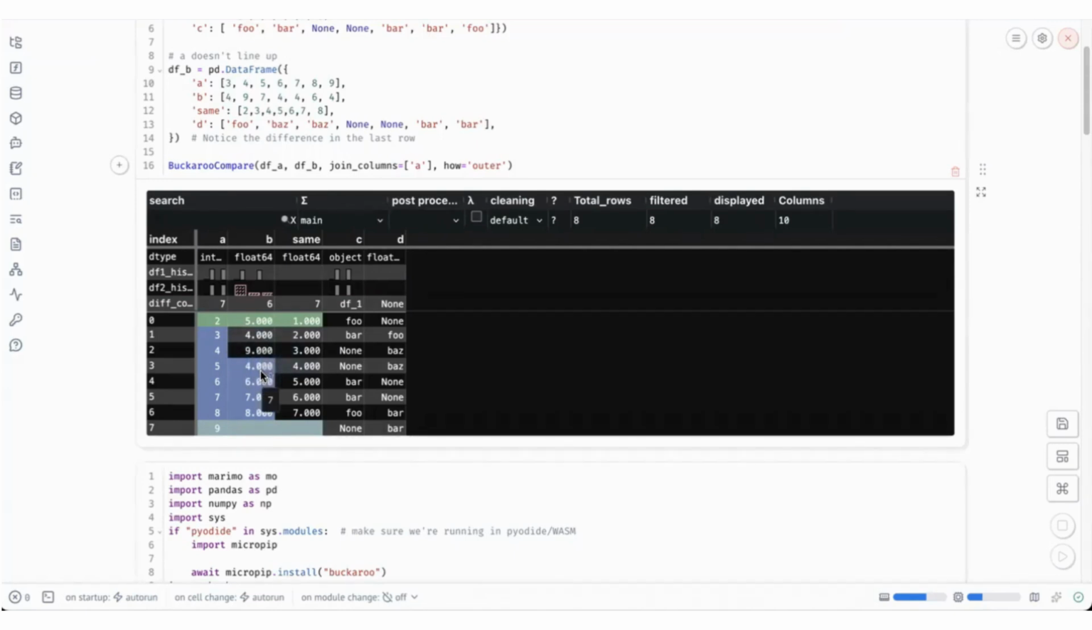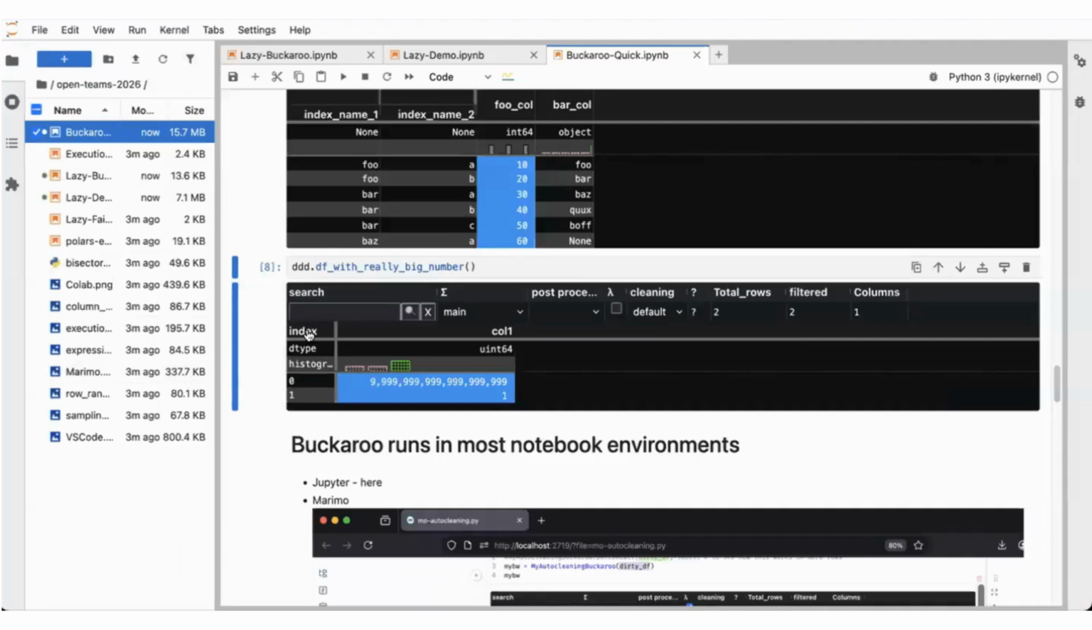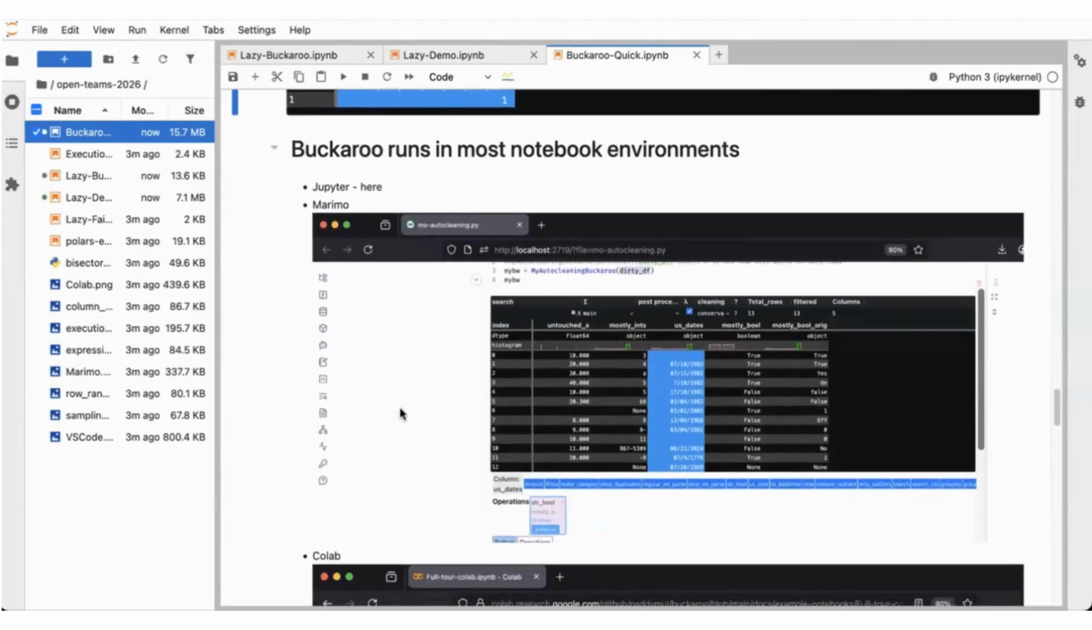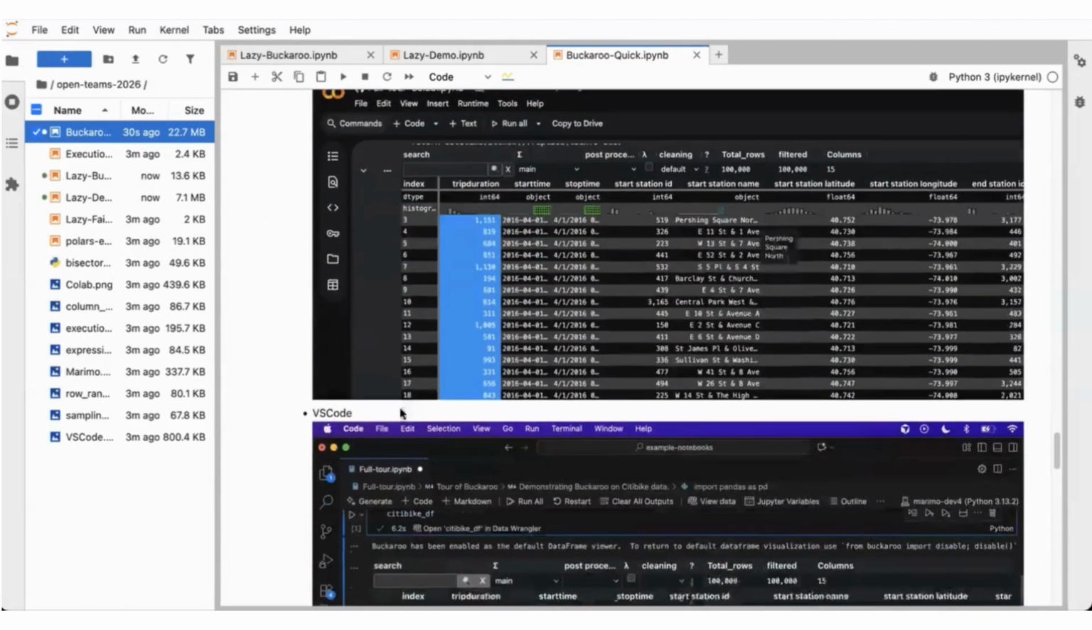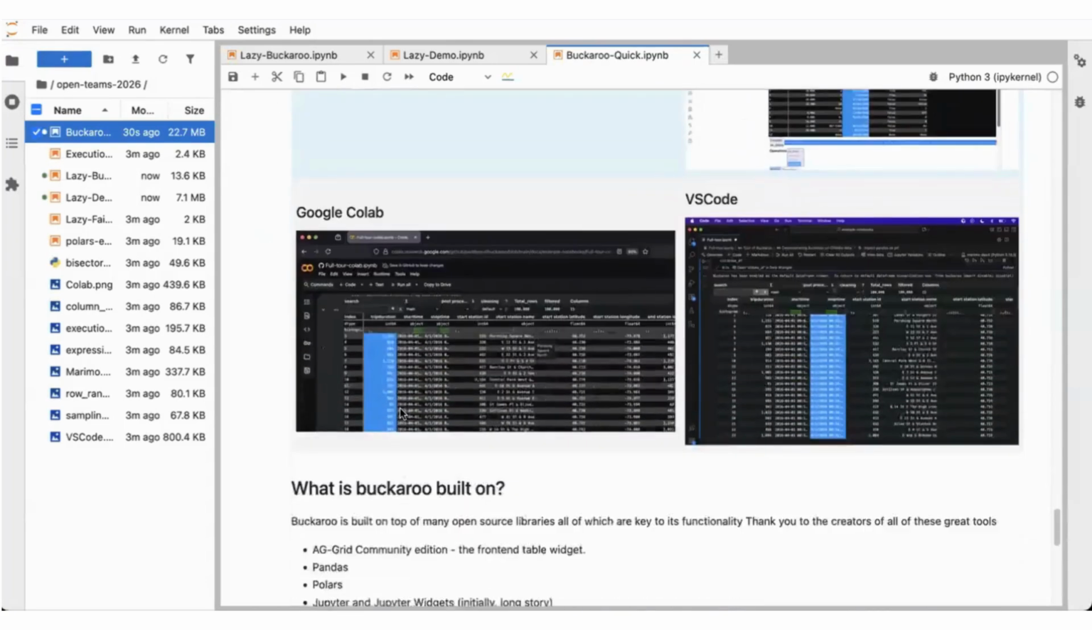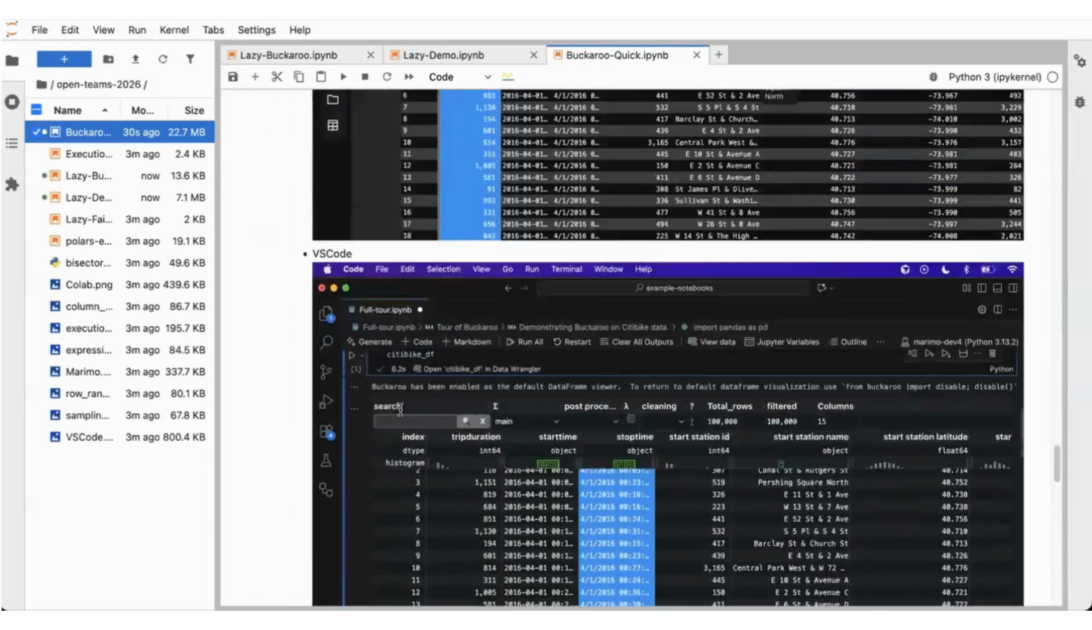So let's just quickly get a visual representation of a very common workflow process in data analysis, which is what has changed. Buckaroo runs in most notebook environments: Jupyter, Marimo, Google Colab, VS Code. That's also important because